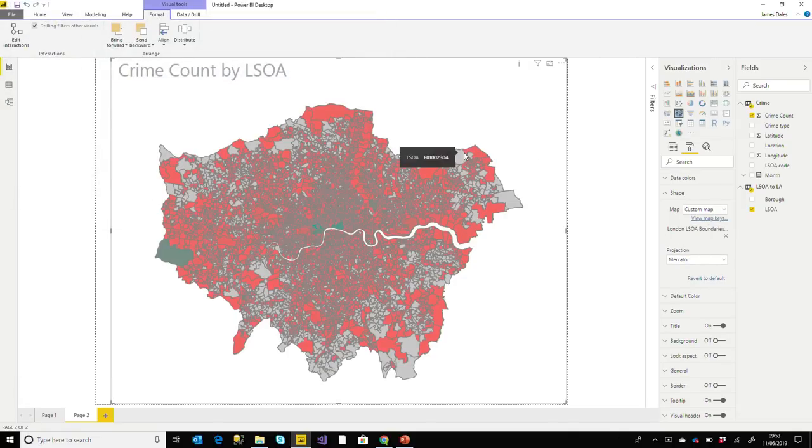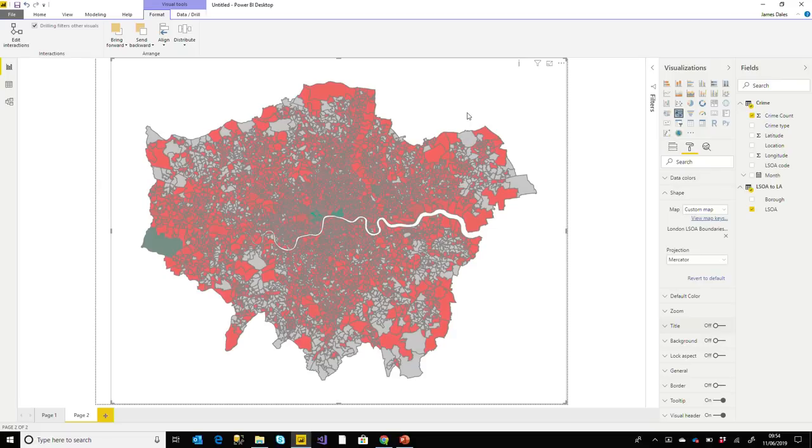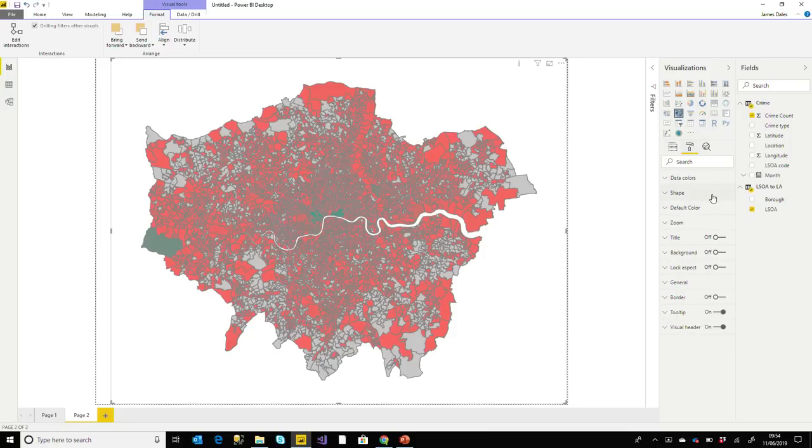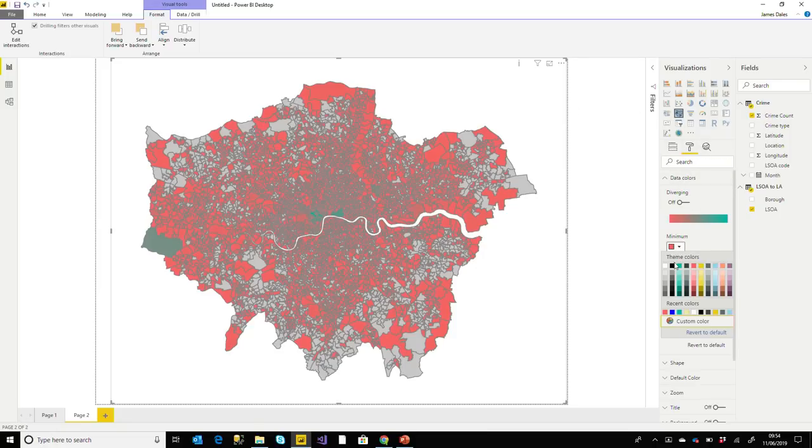Now interestingly, the first thing you might notice on this is despite the fact we've got crime in every single one of those LSOAs, there's a load here grey, not coloured. And again, that's because we've hit the maximum limit for that visual. There are more LSOAs than the 1500 row limit that this visual will present. But that won't actually matter for what we want to do with it. Let me just change the colour scheme as well. I know these things aren't necessarily that important, but